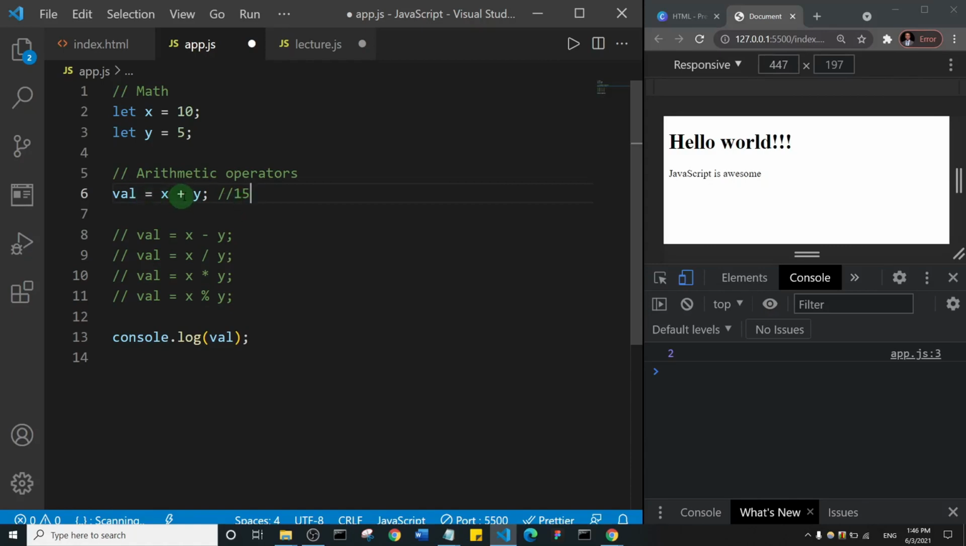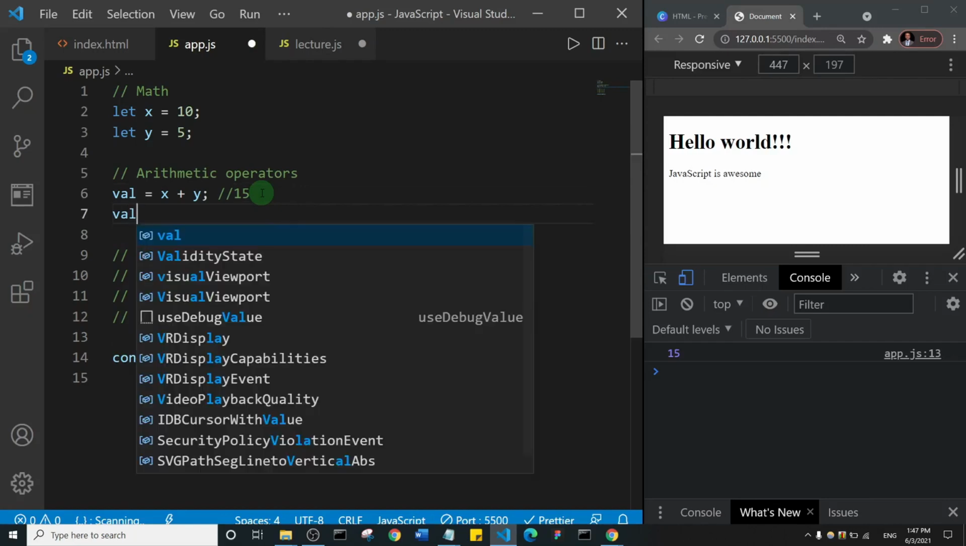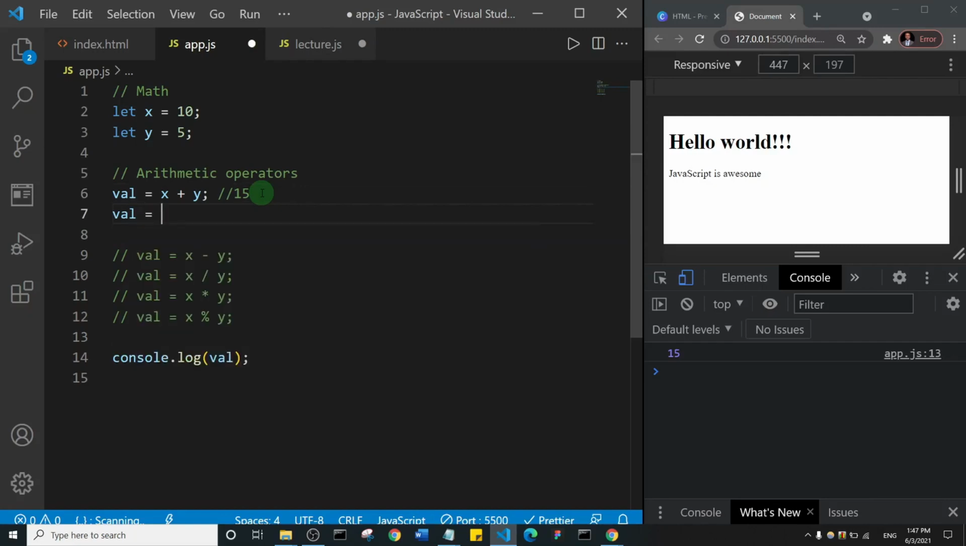But there's a shorthand notation that you can use to get the same result. As a matter of fact, if I go ahead and save this page, you'll see here that we have 15 in our console, right? But I wanted to show you the shorthand notation because it's something that happens very commonly when we write JavaScript. So basically I'm going to come down here and I'm going to say val is equal to, instead of saying val is equal to, I'll bring this plus in front of